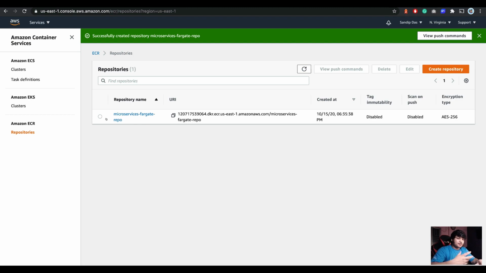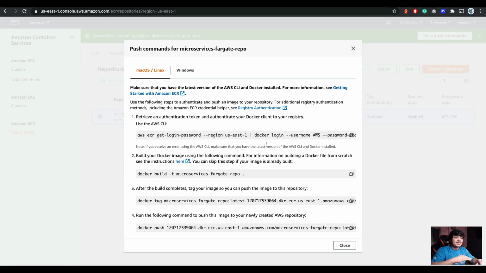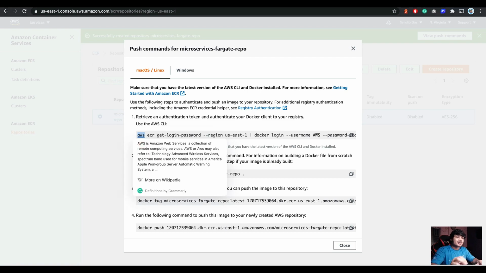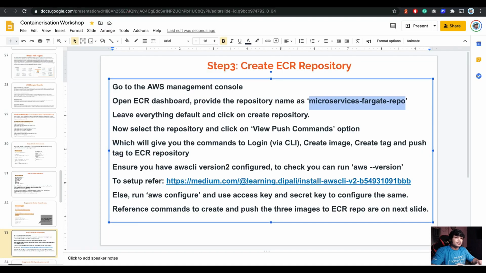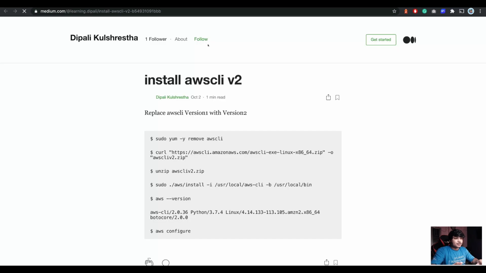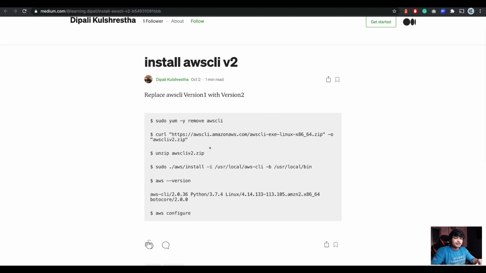Okay, see, this is created pretty quickly, and if you click on view push commands, you will see all the commands needed. So just copy and paste. Before going for those AWS commands, make sure you have the CLI installed, and the CLI installation instructions are already given at this link. If you click here, it will give you instructions on how to install the version 2 CLI.